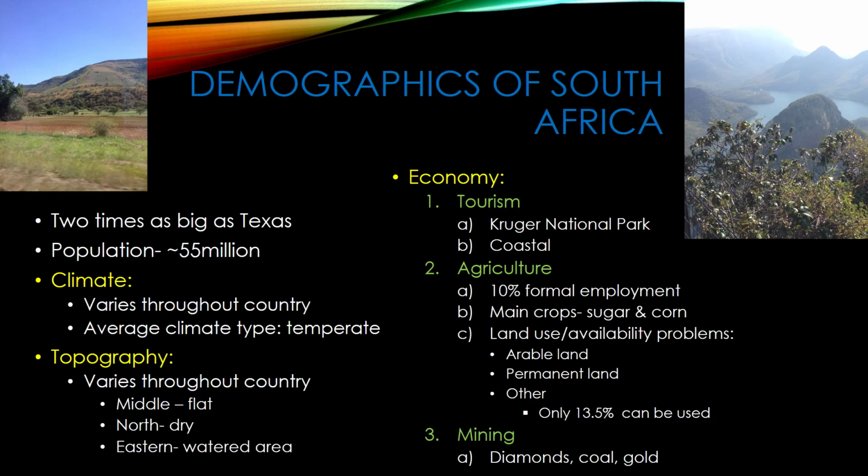There's also the issue of land usage. There are 3 types of land use. There's arable land, which is crops that are replanted after every harvest. There's permanent land, which is not replanted, but does not include timber land, like land that has already had timbering going on. And then there's other land, which is buildings, cities, everything like that, just land that's not basically usable because we've developed it as humans.